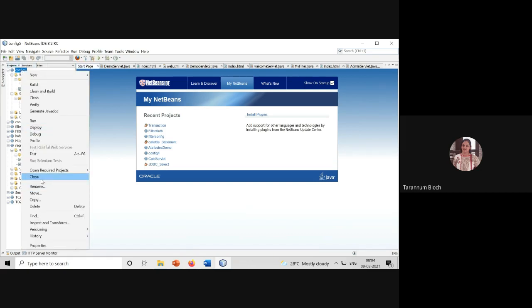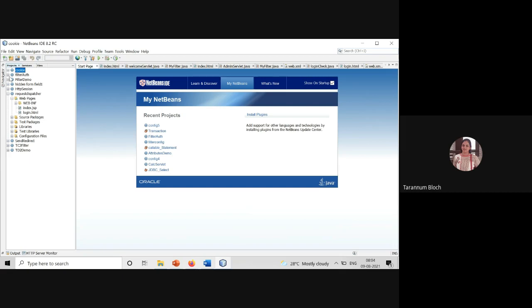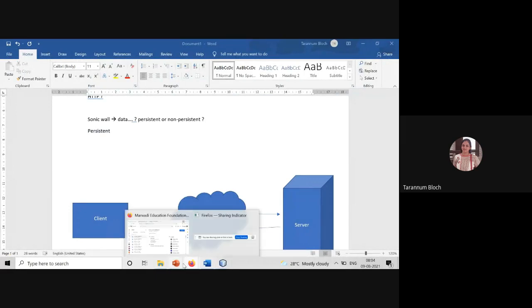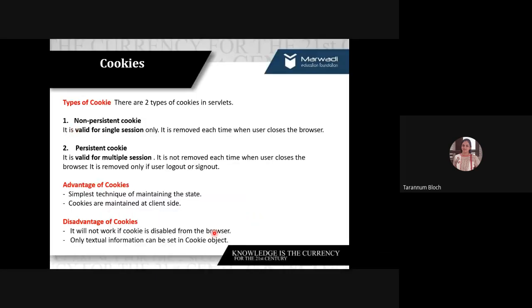I'll give you a very simple example. Suppose you are sitting in lab number 1 and you logged in over there and you forgot to log out. You forgot to log out and you close the browser, right? You have closed the browser without signing out. Will it allow you to use the username and password from your laptop? Will it allow you? It gives you the error, right? Multiple login happening. Sign out first. Multiple login not allowed. Have you faced that? Yes, right? That's why it is persistent.